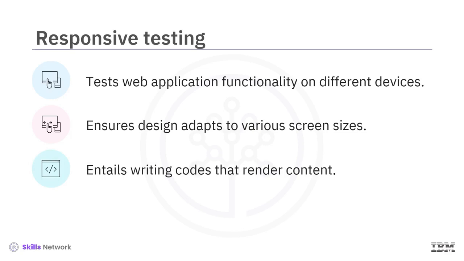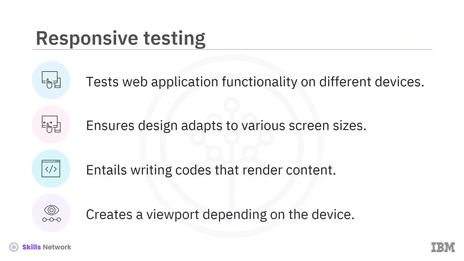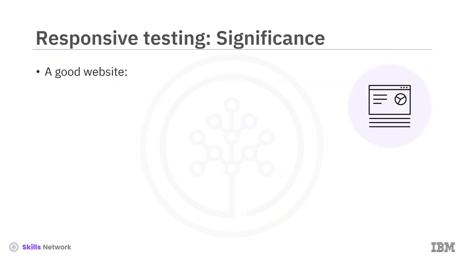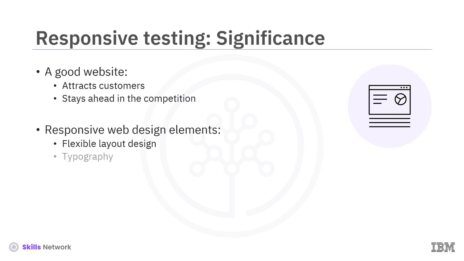on any device your end user may use to view it. To render the text, graphics, and navigation properly, a responsive design creates a viewport depending on the device on which your web application will be seen. A company with a website that functions well across all screen sizes is more likely to attract customers and stay ahead of the competition. Flexible layout design, typography, and media are a few responsive web design elements considered when creating